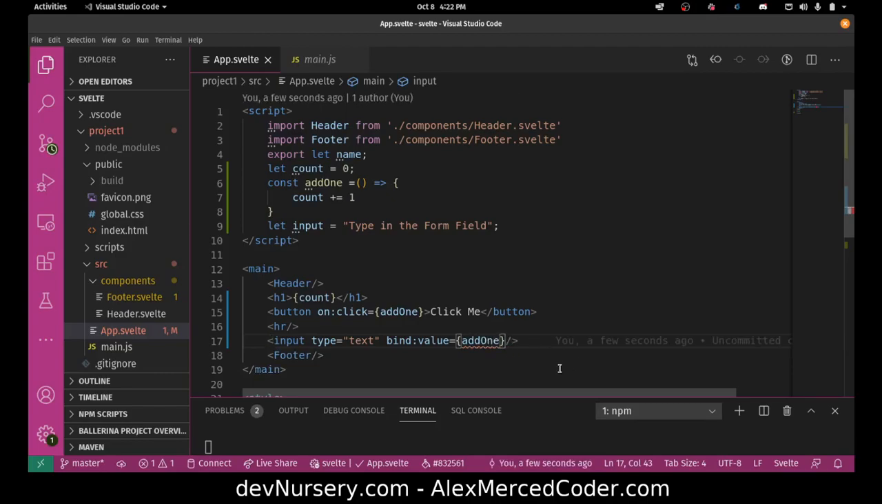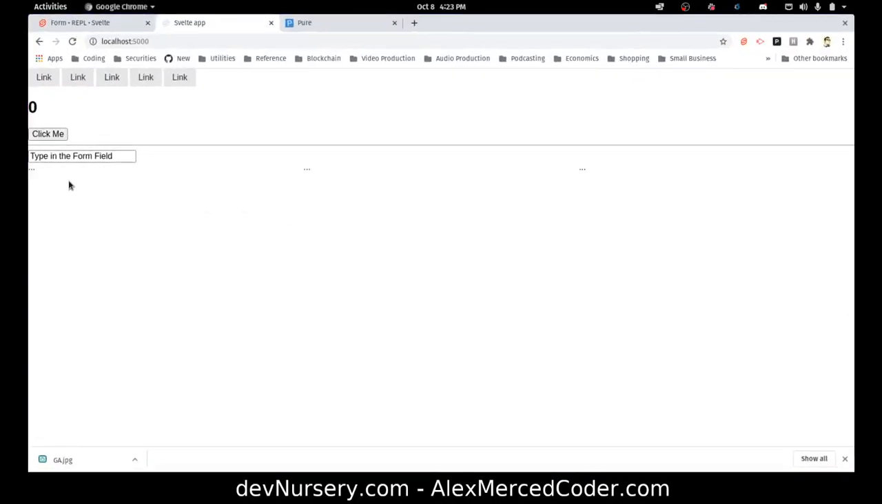So I'm saying, no, not add one. Input. So it binds the value with input. So if I look here, see it starts out with type in the form field,